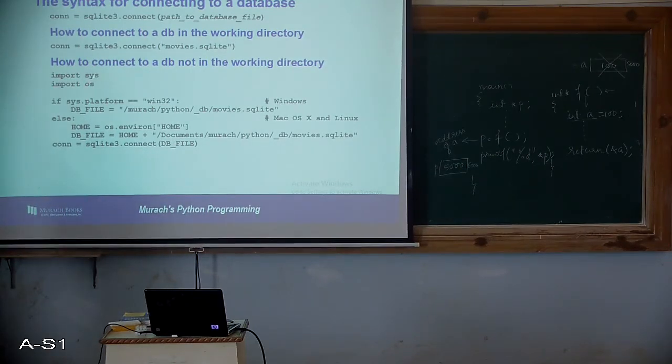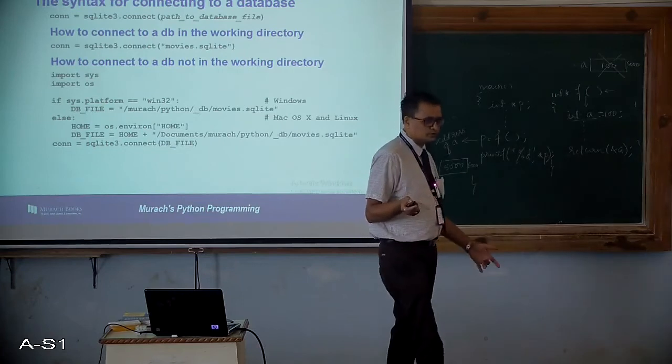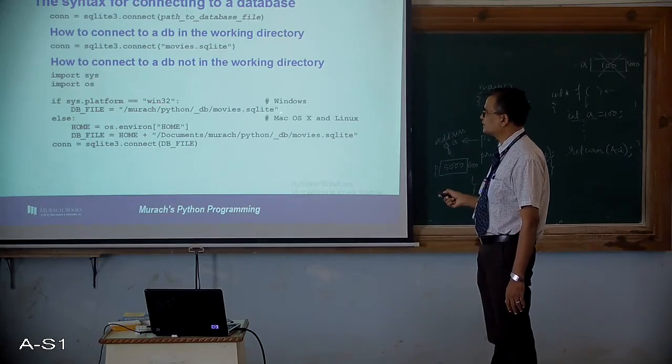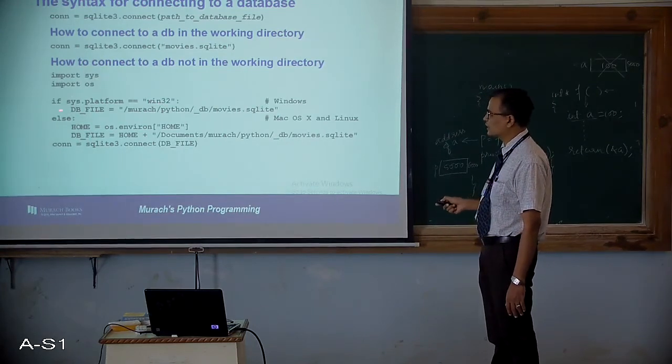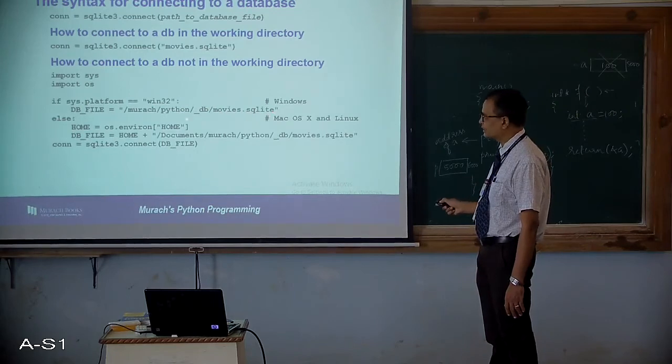So the first ones are import sys, import os. These are the two modules that are required for identifying which type of operating system you are using. Why all these things are required in your programs, that I will be showing later on. These things may not be required because most of you are using either Windows or Linux, right? But if suppose it is a Win32 machine, then this is required. So we are checking sys.platform is equal to win32. If it is a Windows platform, then db_file is equal to, I am writing the whole thing where we are clearly specifying the complete path of the movies.sqlite database file.